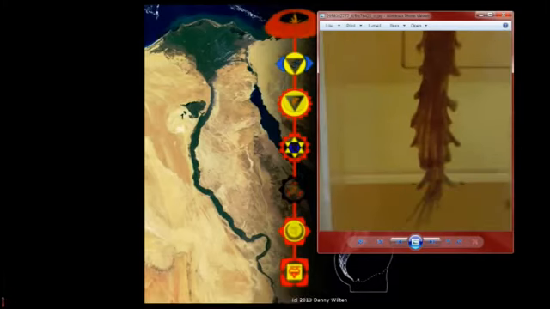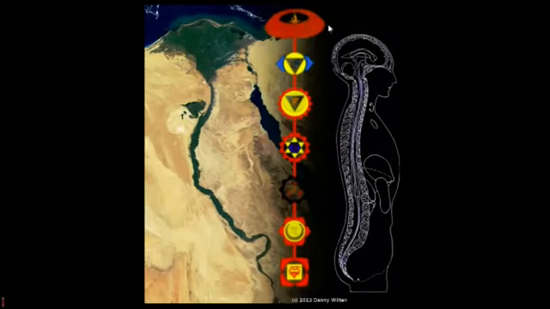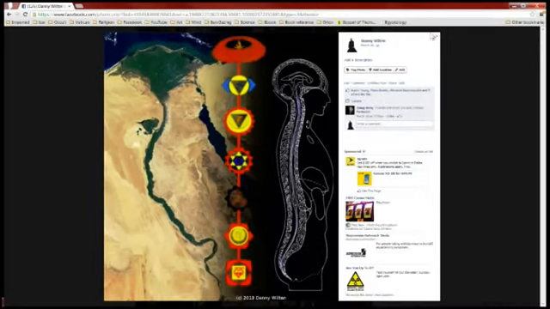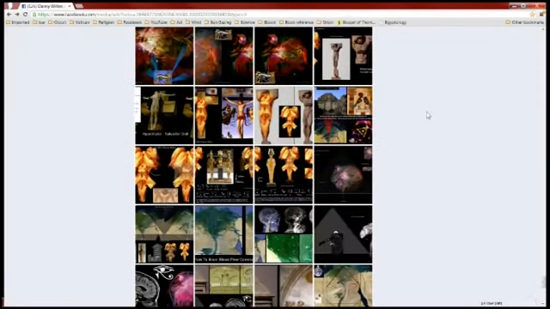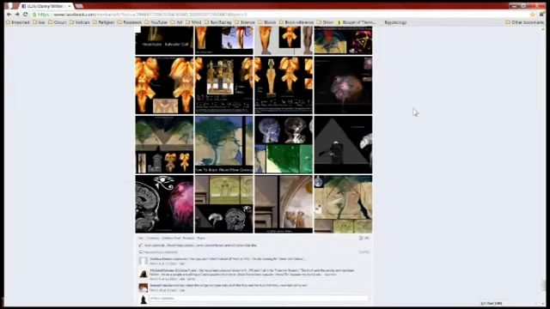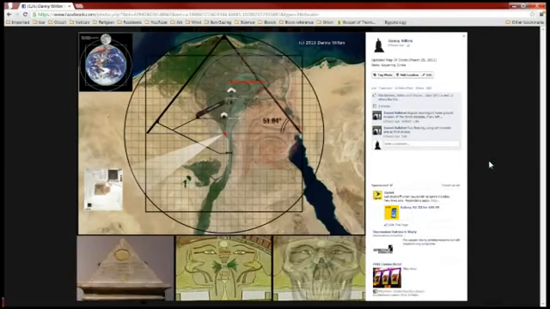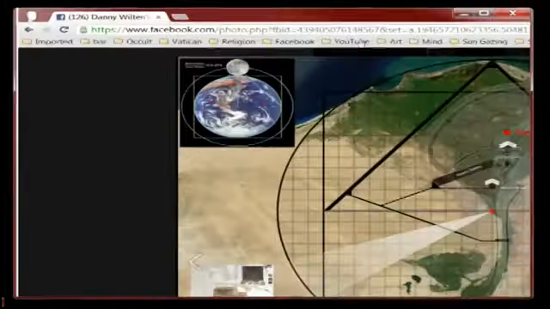And now compare that to what you see at the very bottom of the Nile. Same thing, basically. So all of these confirmations tell us that this is exactly what the ancients were showing us. And so then, of course, they took us to Orion, and we're going to start taking a look at that here in a little bit. But I wanted to show you, and I have kind of an updated version of this thing right here. I don't know if I like, this is a diagrammed version of it, but what I want you to notice about it is that